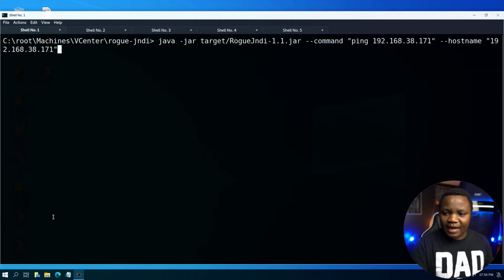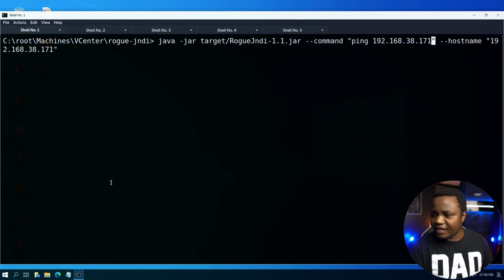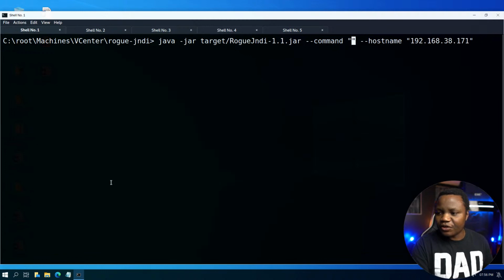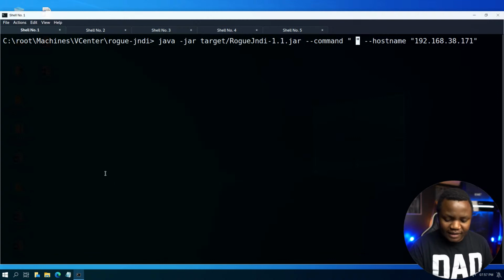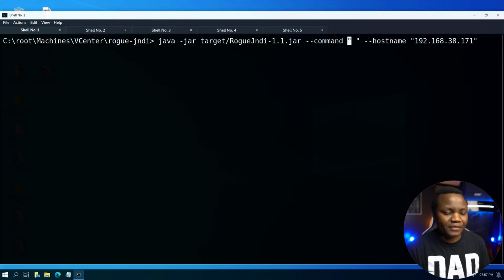What if I just weaponized this? What if we changed this command here and used tools like Nishang, for example, to get a reverse shell? Or what if we transferred a payload like MSFvenom and generated a reverse shell payload, or ran some PowerShell commands there? So right now, as an attacker, this is a blank canvas for me. Right here, between these quotes, I can put whatever I want. And of course, I do have some interesting payloads to put there, and I'm very excited to be putting them there. So let's actually create